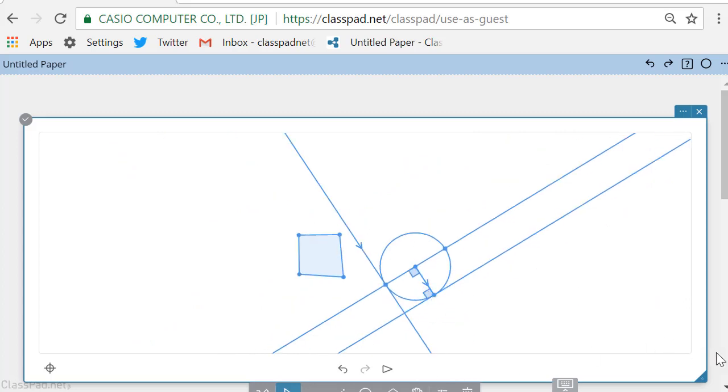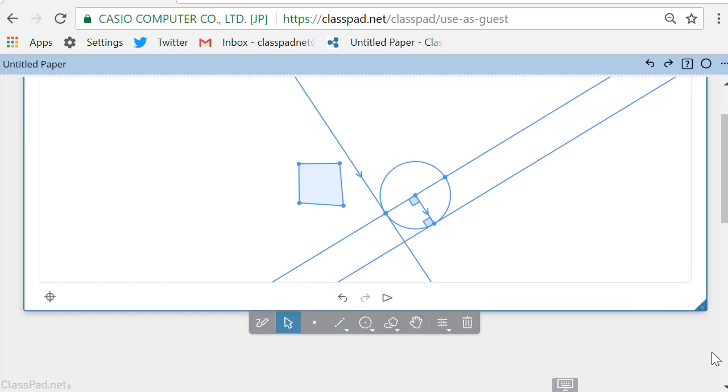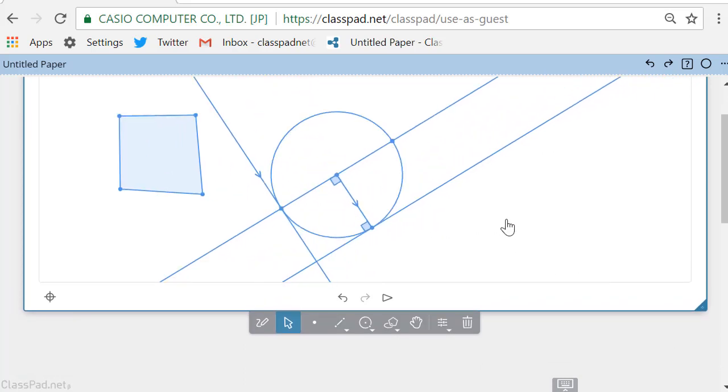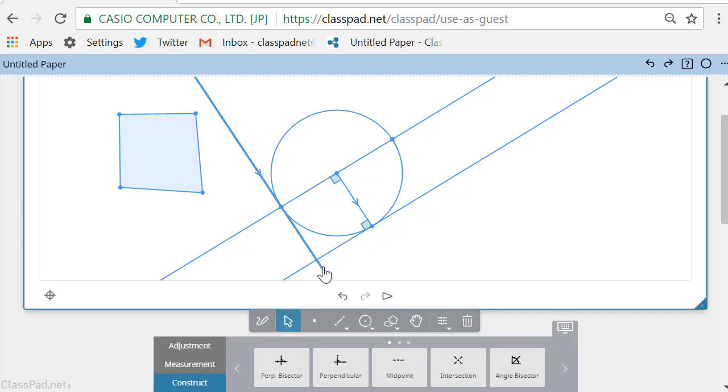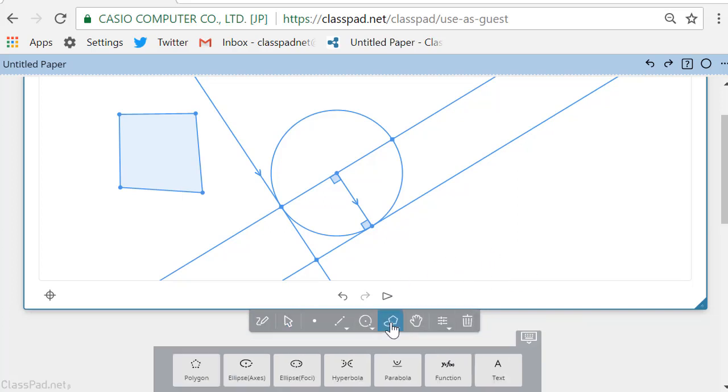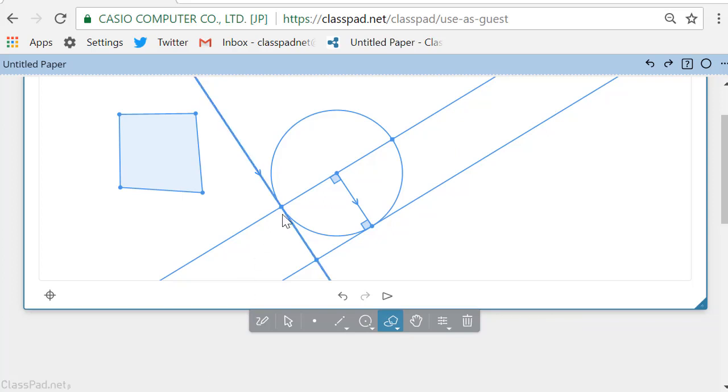I could get my polygon tool, and I'm going to, there we go. Let's make this just a little bit bigger. I'm going to get my polygon tool and outline my square. Actually, what I think I might do first is select those two and put that intersection point in there. So let's get our polygon tool and outline that square I've created by following the vertices, right? So 1, 2, 3, 4, and I need to connect back to my last one to actually have my polygon.